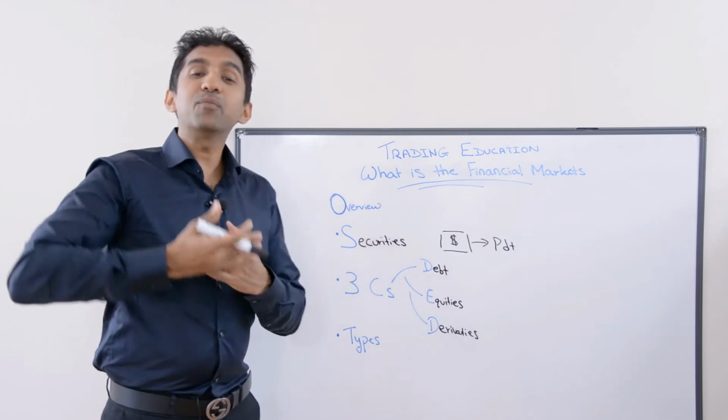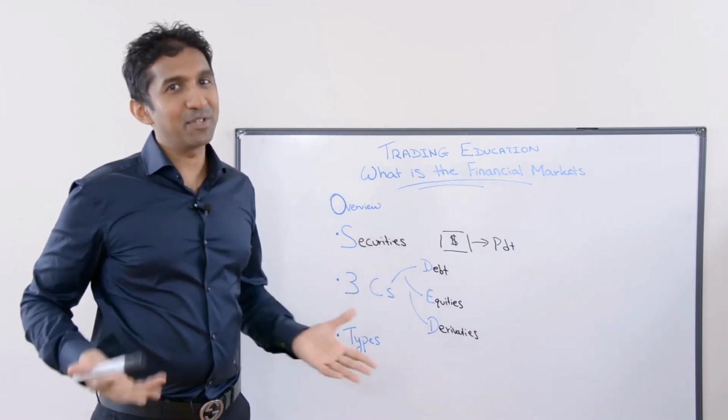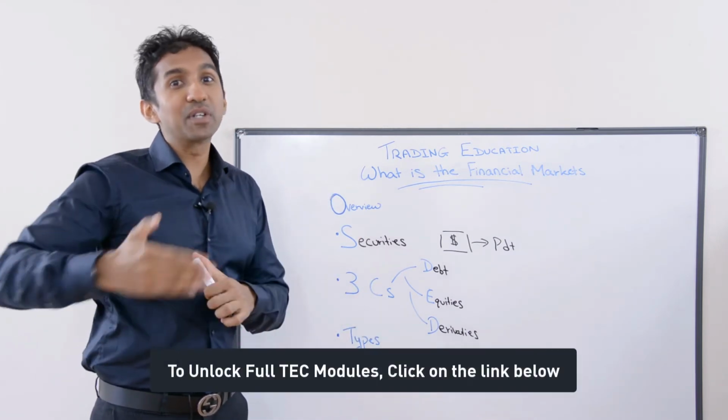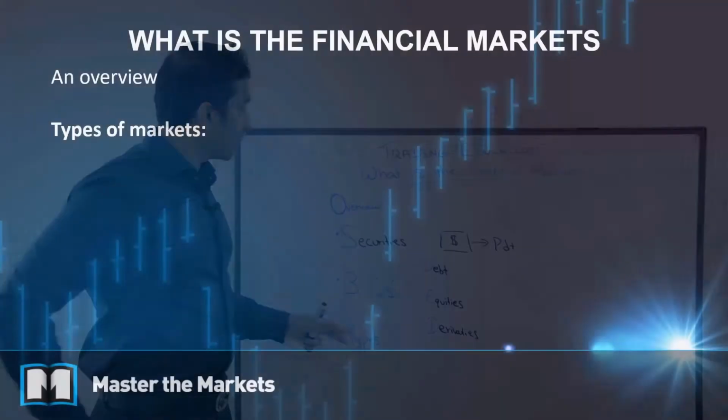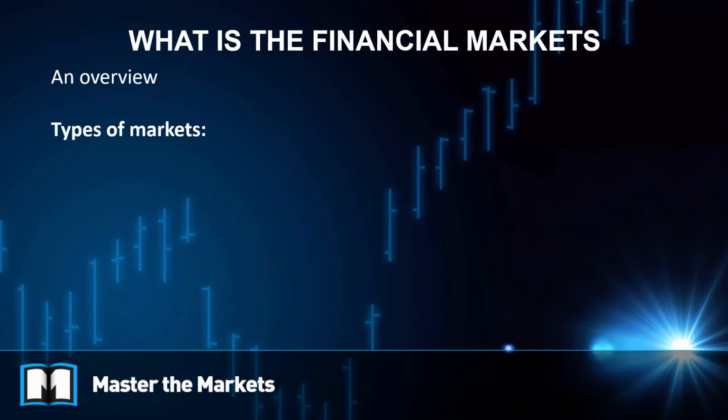Now, where can we then trade them? What kind of markets can we trade them? And what are the markets that we're going to look into the next sub-modules? So the different types of markets are, the first one being the equities market, which I've already explained, the stock market, or indices. Indices is a cumulative part of this whole stock market, which will go much more in detail later on. Then we have the foreign exchange market, okay, where we exchange currencies.